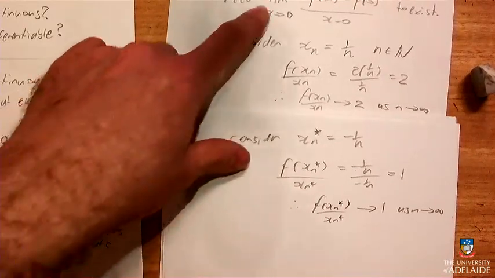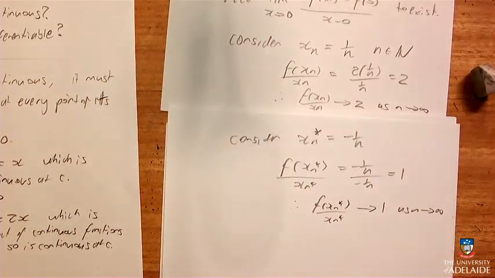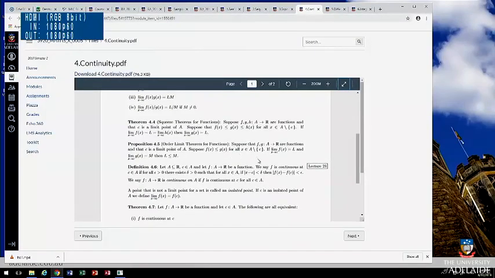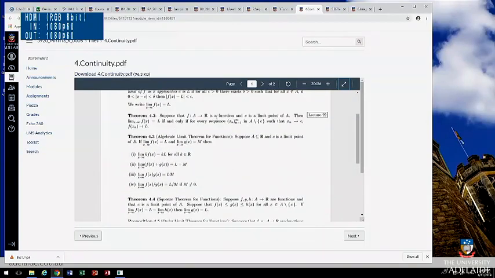Now, if this limit existed, they would all go to the same place. That's what the theorem said. Just let me check just a second. Oh, here we go. Then the limit is L if and only if for every sequence such that xn goes to C, f of xn goes to L. Okay. So, when we go back to this,